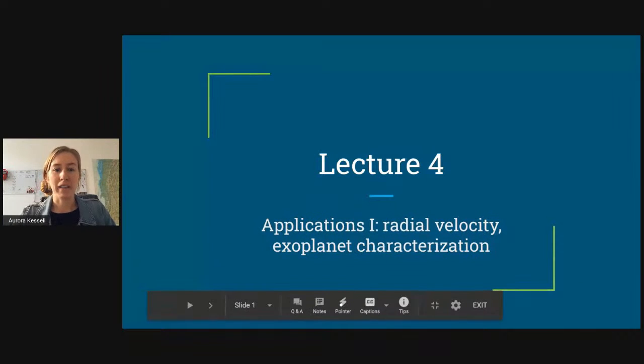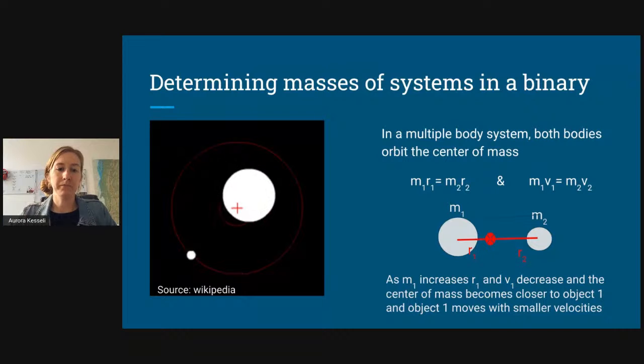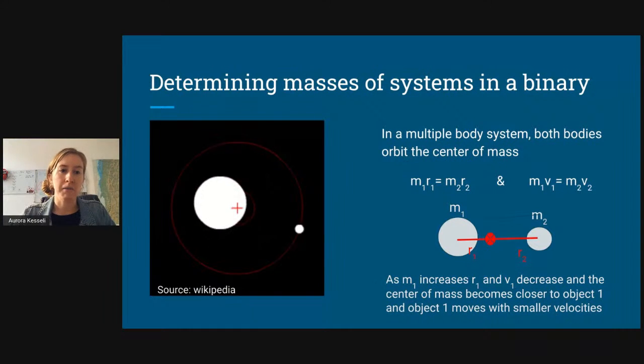Great. So like I said, today we will be talking about applications of high-resolution spectroscopy and in particular radial velocity. For most of the class, we'll talk about radial velocity, and maybe for the last little bit, we'll start talking about exoplanet characterization, and then tomorrow we'll finish talking about exoplanet characterization and a few other applications that are good for high-resolution spectroscopy. So to start,